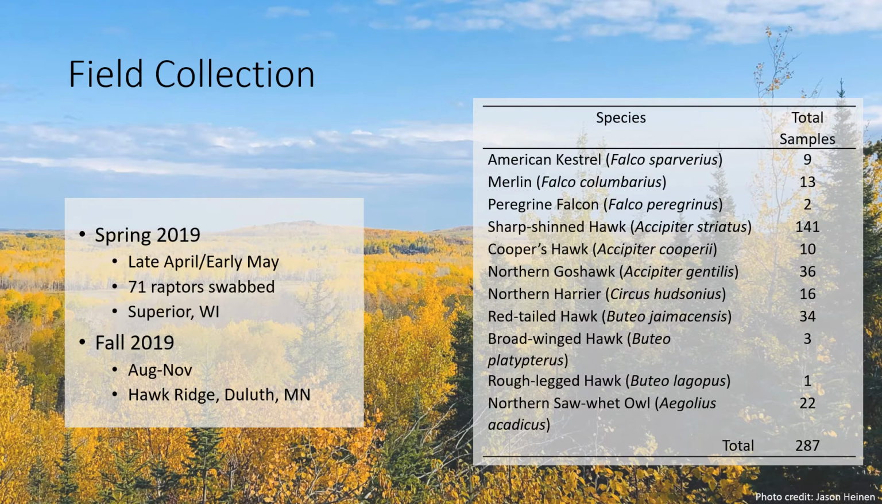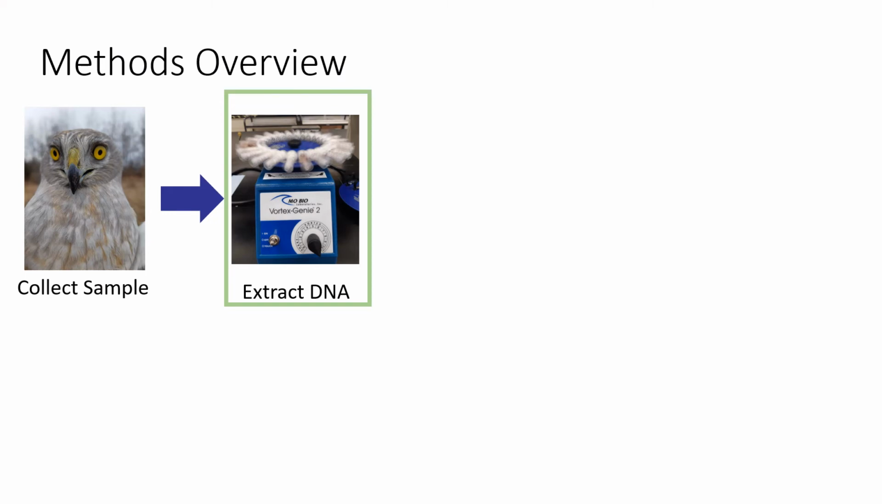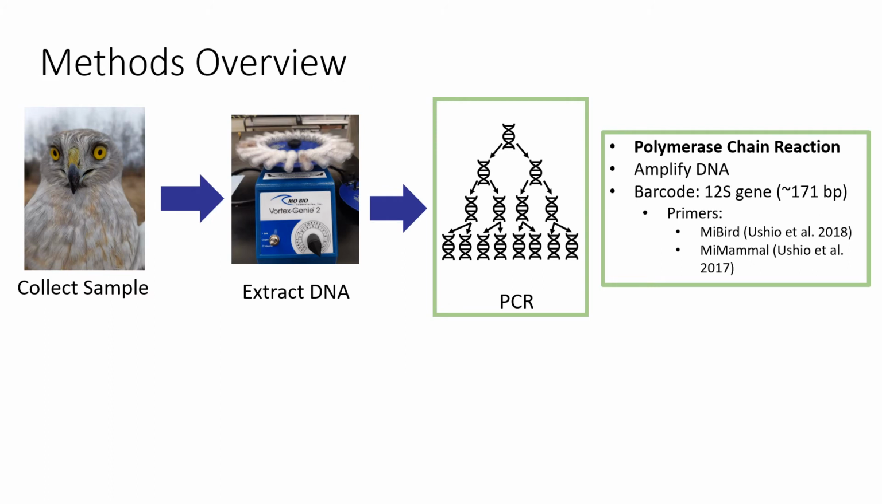This is just because some species of raptors are caught much more frequently than others, and I just chose to prioritize getting the most swabs from the widest variety of species. So after the samples are collected, then you extract the DNA. After the DNA has been extracted, the next step is to amplify the DNA using polymerase chain reaction, or PCR,